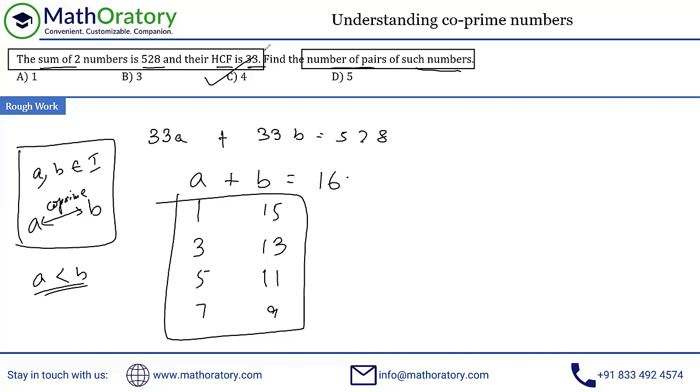I wanted to give you a detailed picture of understanding this question rather than mugging it up. I could have given you this answer quickly without explaining a lot of things. I hope you take away something, the basic ideas properly from this question. So don't mug it up, these are very logical ideas, nothing to mug up. You just need to understand the meaning of HCF, what is the essence of co-prime numbers. Those kind of things you have to understand.